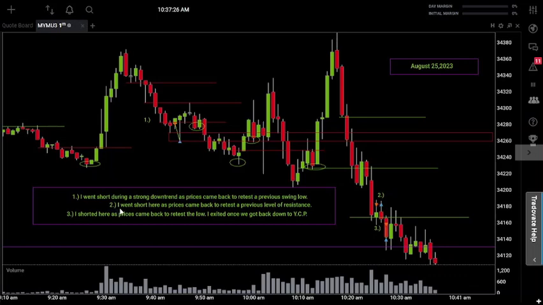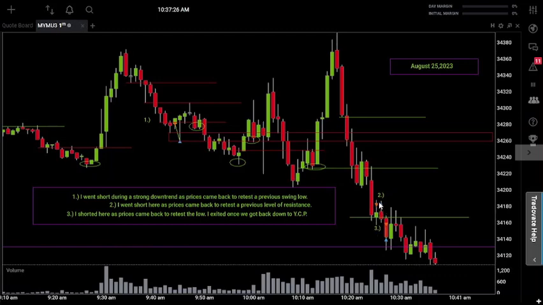So if we read the notes, I went short here as prices came back to retest a previous level of resistance. That's what I've been doing all day. We've been in a downtrend, so that's really all I'm looking for. So this was a pretty good entry, and I was looking to take it all the way back down to yesterday's closing price, because I'm figuring in this moment that if the downtrend is this strong and we've already broken past a major range, it makes sense for us to come back and retest yesterday's closing price. So it's like, okay, if I see where we're going, it's just a matter of finding the best entry to get in there. So that was my mindset at trade number 2.